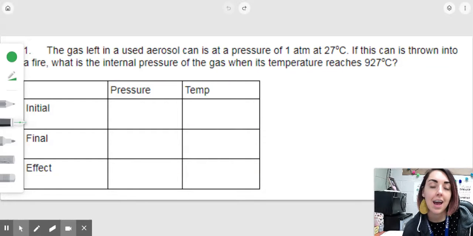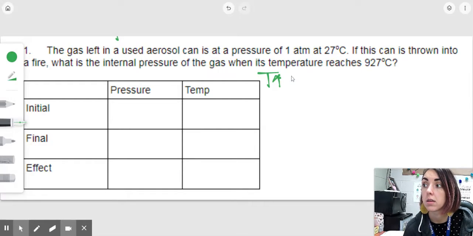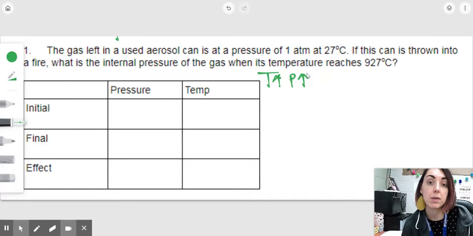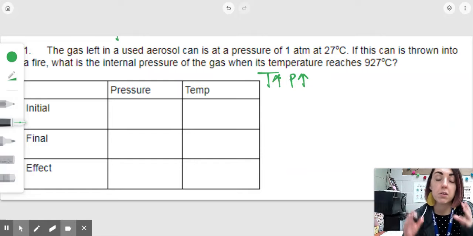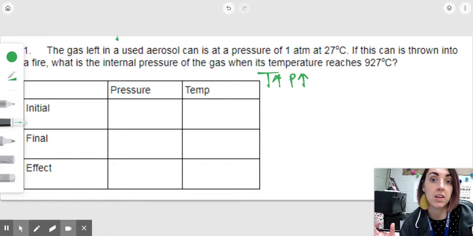Hey guys, today we're looking at pressure volume calculations, which have to do with Gay-Lussac's law. So a quick reminder of what Gay-Lussac's law is. We know that as the temperature goes up, the pressure goes up. And that's because as the temperature increases, we know that means our particle speed is increasing. So our particles are moving faster, they're bouncing off the surface of their container more, therefore the pressure increases, because